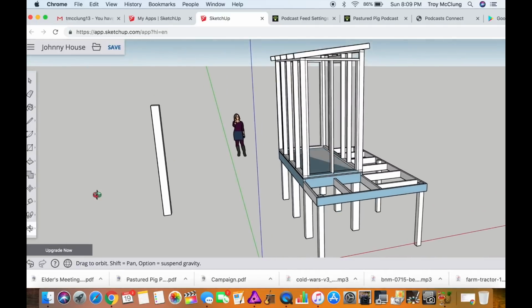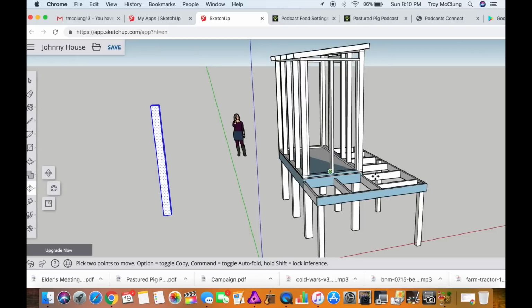And then if I want to move it around, I'm going to use my arrow tool and highlight the whole thing. And I can even make that a component so all of those plot points stay together and say this will always be this 8-foot long 6x6 post, and I can call it as such and move it around. Or if I think, well, I really don't need to make components of that, I just need to move this one. So I can come over here and I can grab this corner,